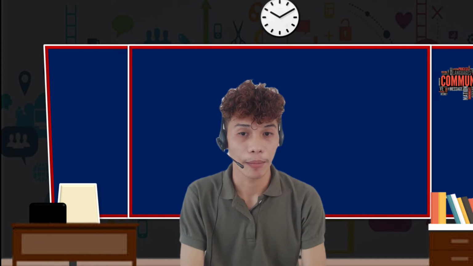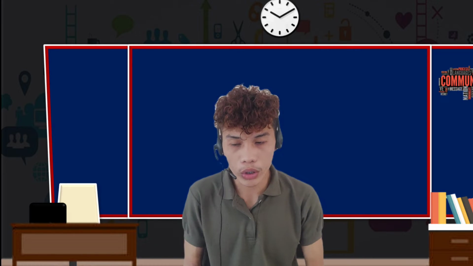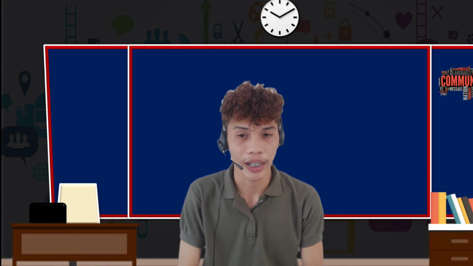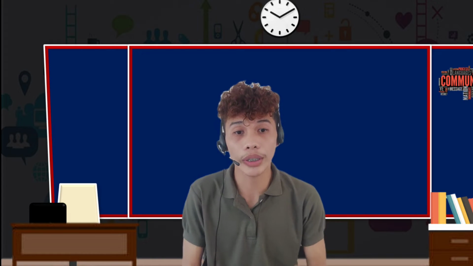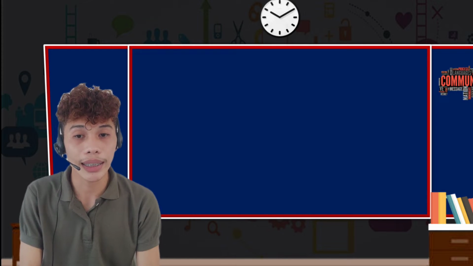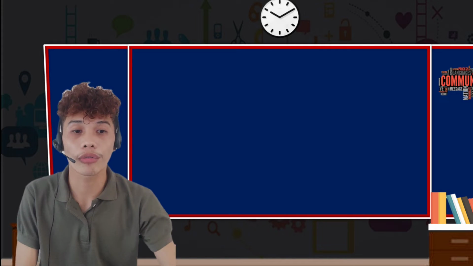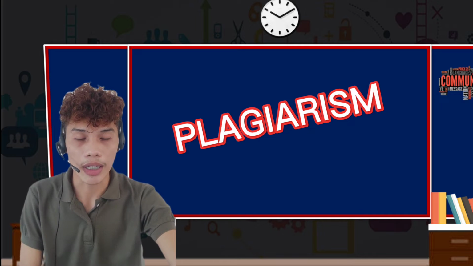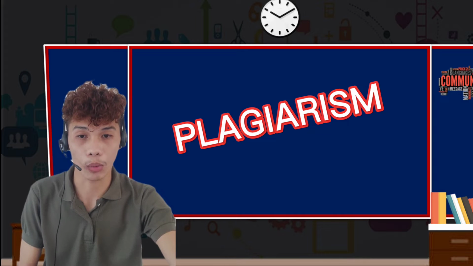So citation is indeed vital in academic papers, within your essays, your term papers, your research projects, and any other assignments. But then again, we have to give credit for all the quotations, paraphrases, ideas, and images from someone else's work. By doing that, you must cite the original author or the source, and surround the quoted materials with quotation marks. And always remember that copying any material and submitting it as your own is a form of plagiarism, and it is an academic offense. Therefore, as much as possible, we really have to avoid plagiarism in doing our papers.